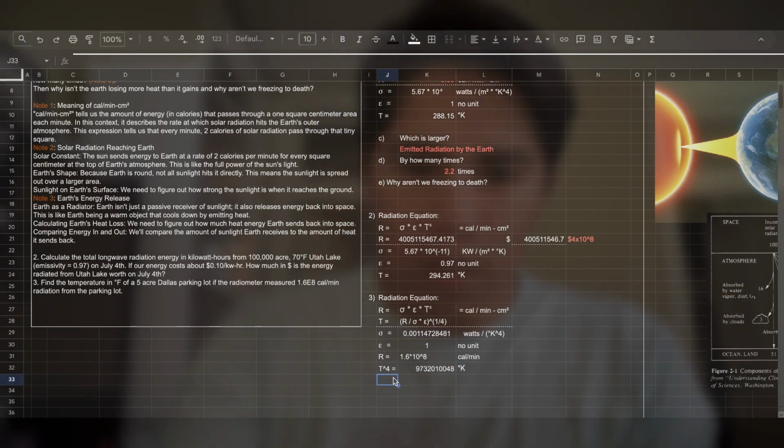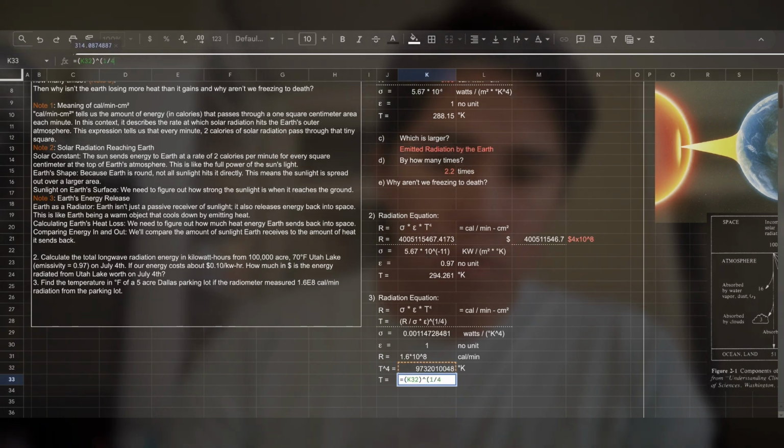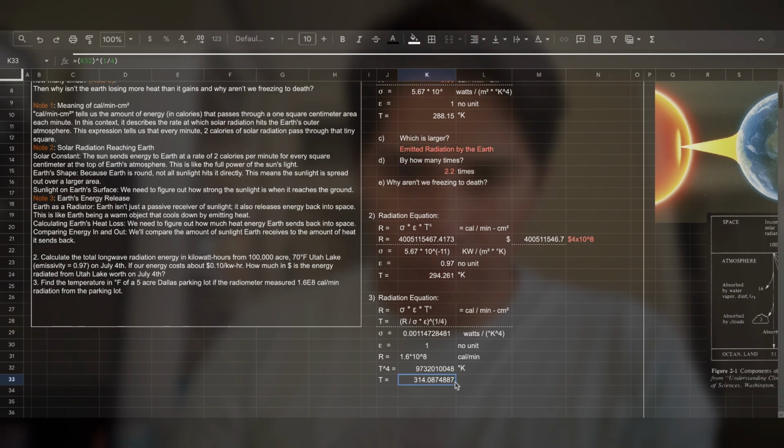Now T will be equal to this value elevated to the 1/4. So it's about 314